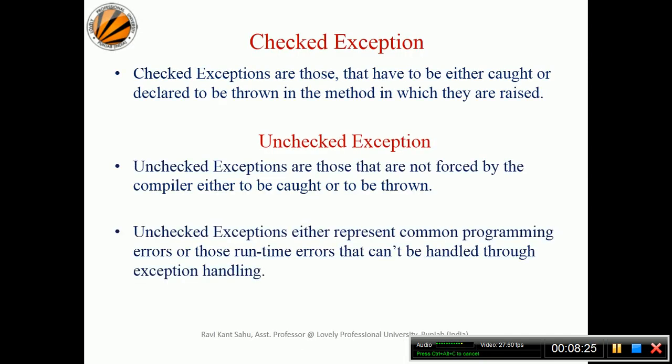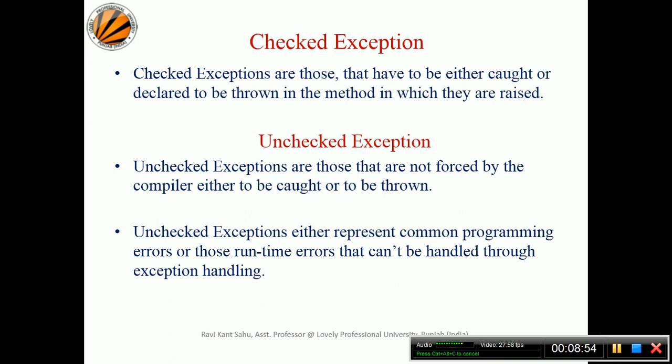Now we will start with the checked and unchecked. We have already seen that exceptions have two parts, a checked exception and an unchecked exception. Checked exceptions are those that have to be either caught or declared to be thrown in a method which raises them. It means that for a particular part of the code or method where you have a chance that it may raise a checked exception, you must either catch or declare.